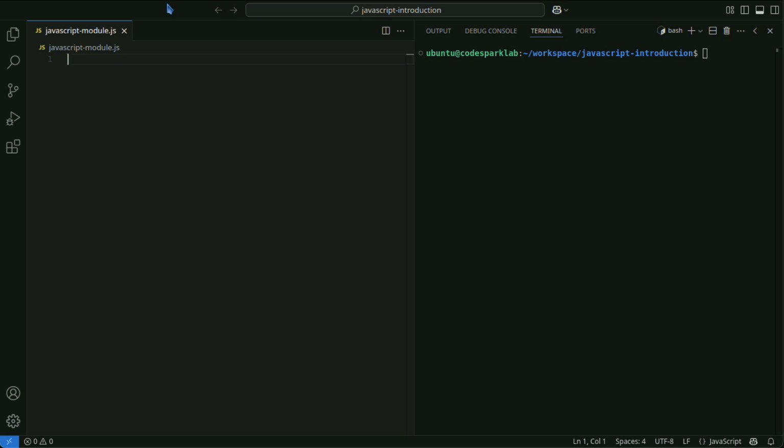This time, it's about modules in JavaScript. You can learn about the main module systems, ES modules, and CommonJS, along with code examples. Enabling subtitles will make the code descriptions easier to understand.